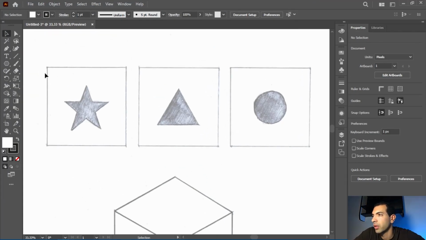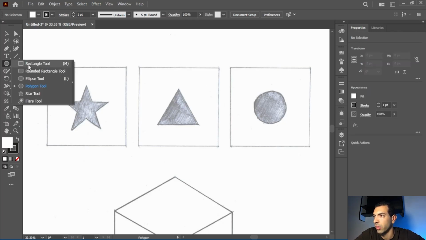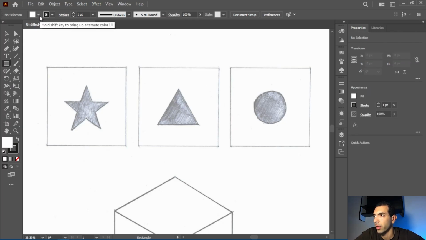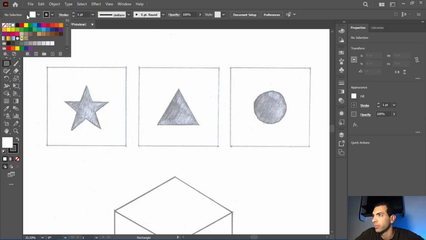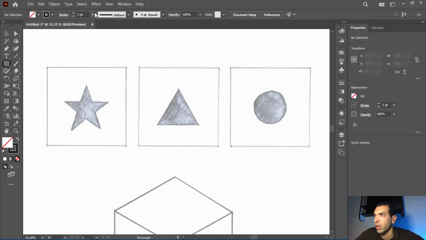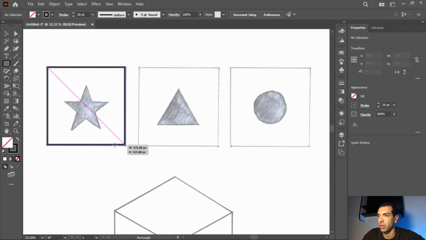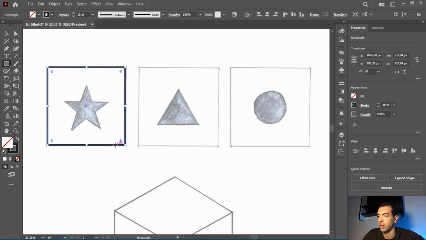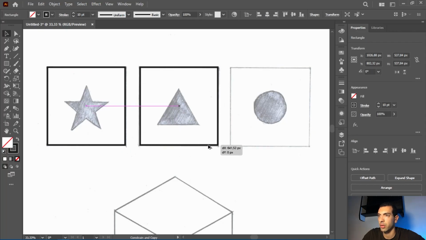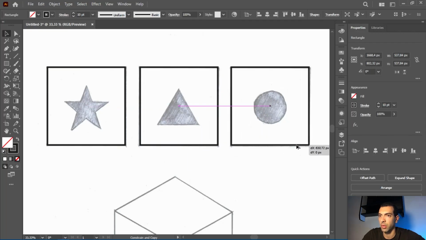First, I'm gonna start drawing squares right here, 3 squares. So I'm gonna need the rectangle tool. I'm gonna set the fill to none and stroke to 10 points. Place the cursor here, press shift and draw the first square. V, selection tool, alt. I'm gonna duplicate this, alt again and duplicate another one,